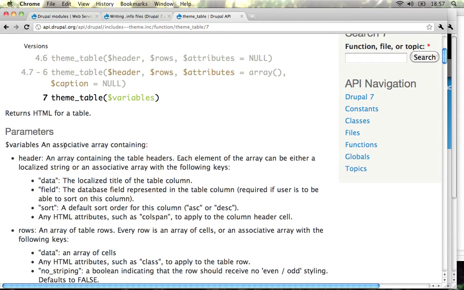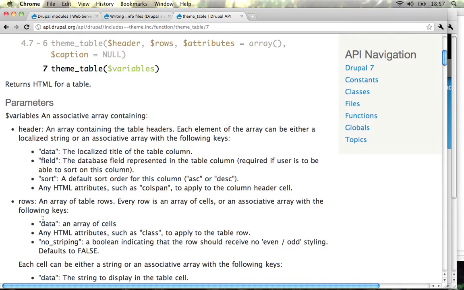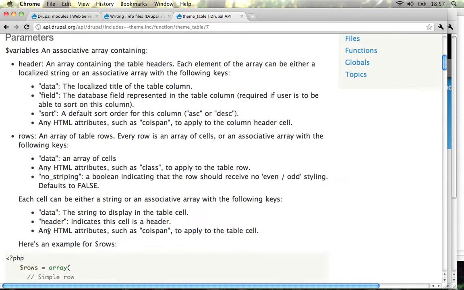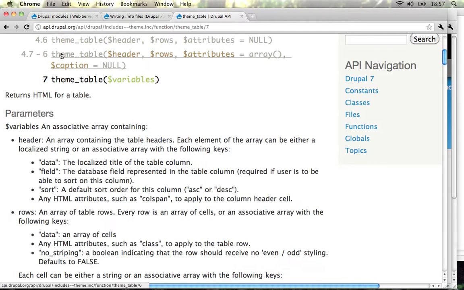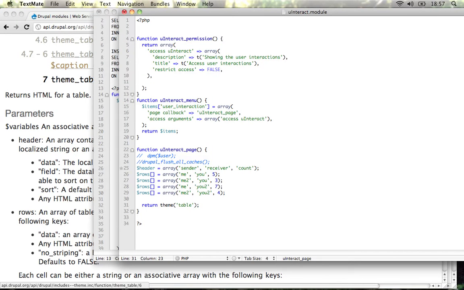So what you see over here is an associative array containing header. And this contains the fields of header, rows, and so on. So it's a little bit under-explained here, but what you actually need now is theme. Let's remove this. Table. That's another thing. There's another theme function that actually just looks at the first variable and then sees what to do with it. So it's theme table, and then there's an array